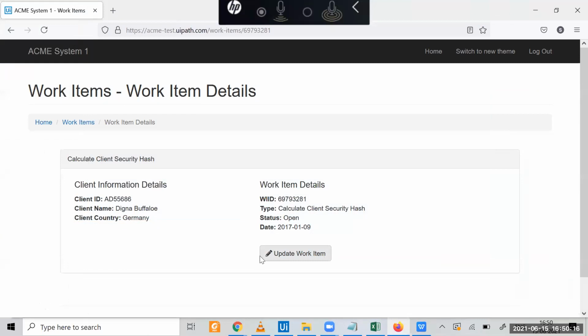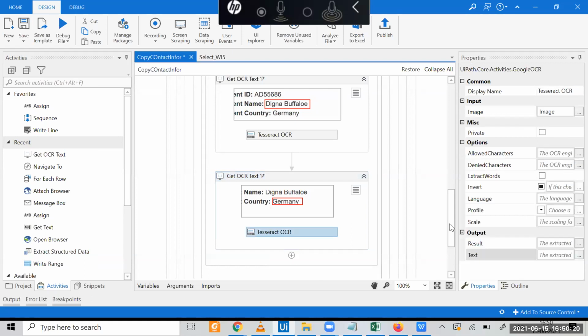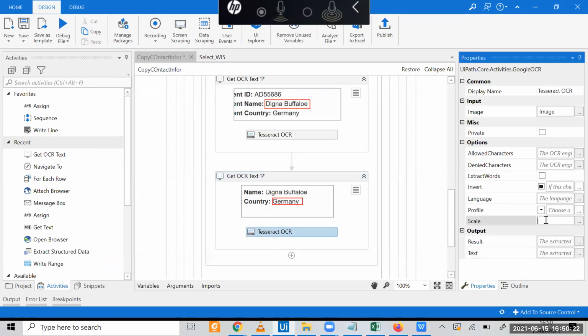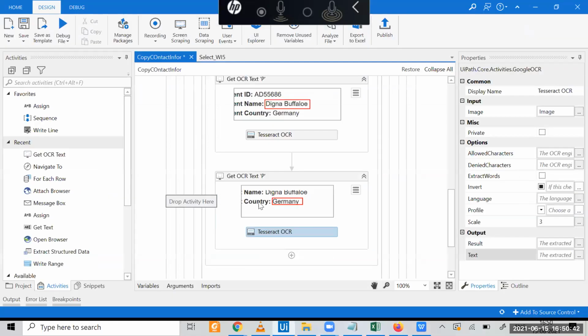Germany is the country. Can we take an image through the OCR option? OCR converts image to text. This web page is created in such a manner that whenever UiPath tries to access it, it behaves like an image. That's why.